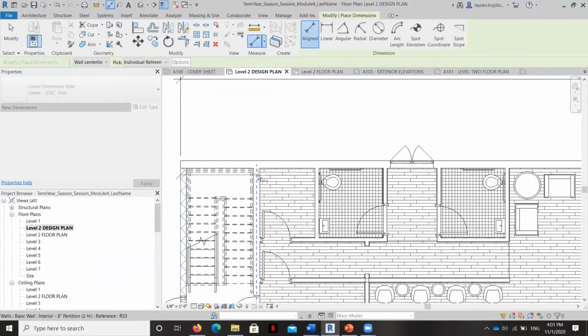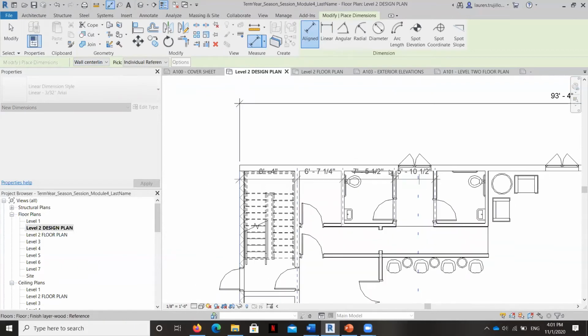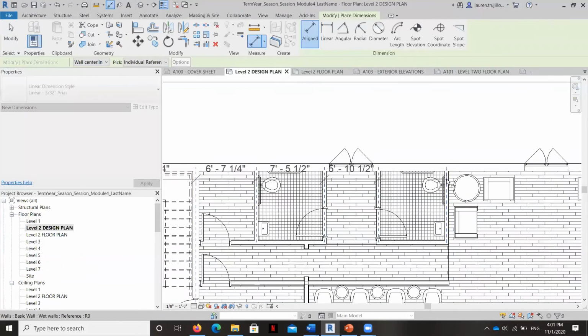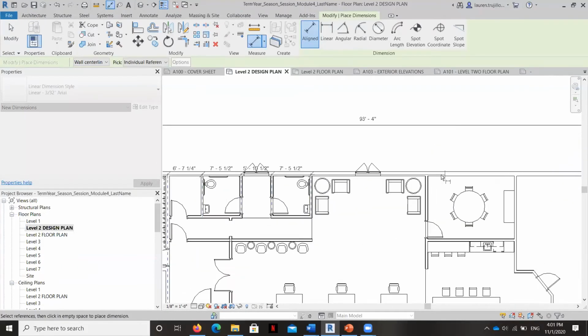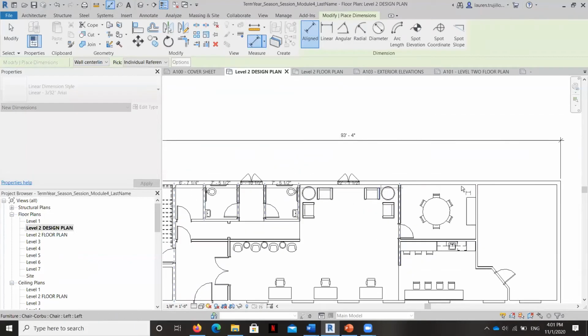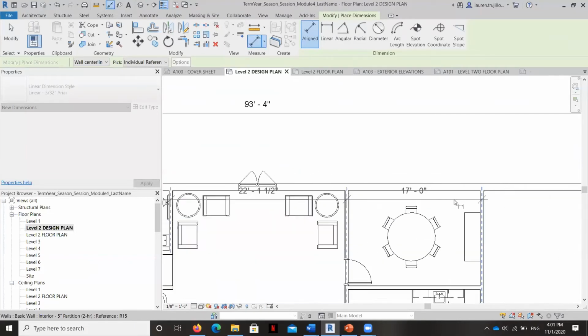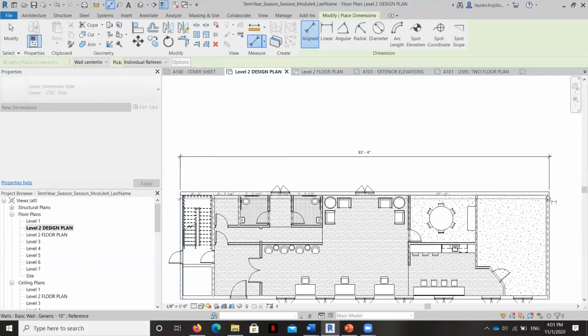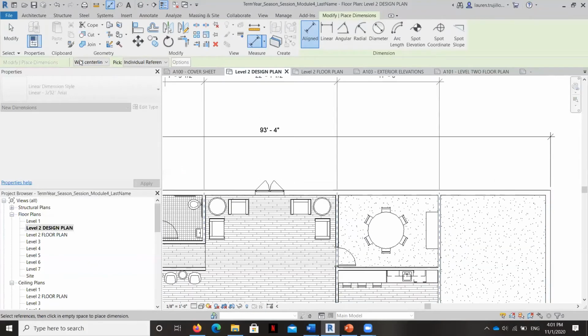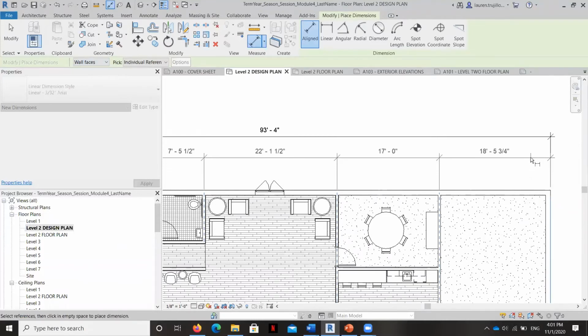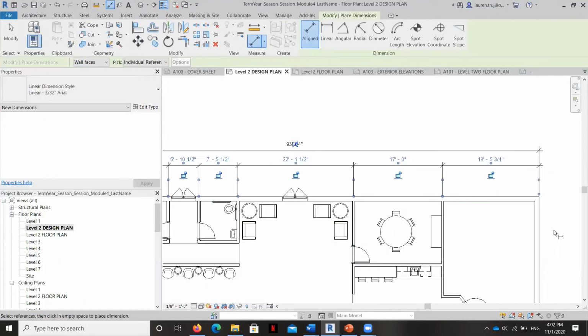You can see it's allowing me to, and I'm going to go to wall face here. And then I can click. Okay.